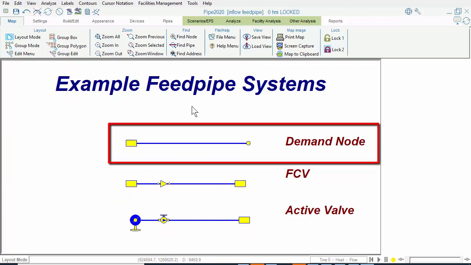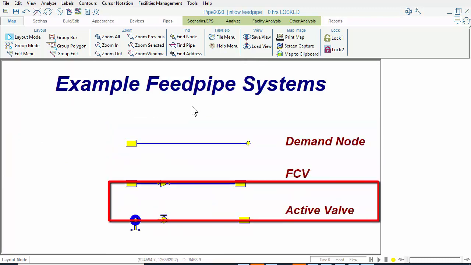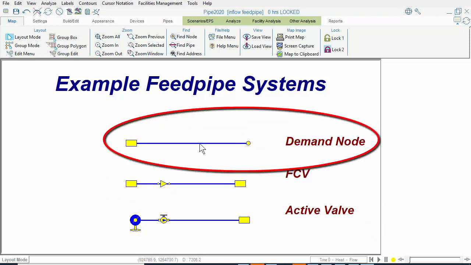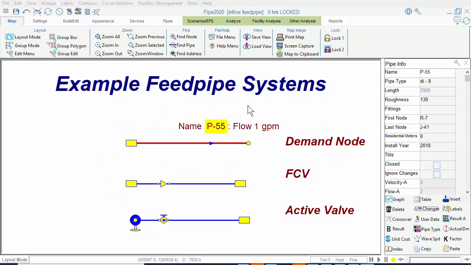According to our modeling convention, these examples are all disconnected from the Feedpipe tank. So if we use this first example, any flow going through this pipe will be added to our tank. This occurs even though this pipe is not physically connected to the tank within our model. This convention keeps it clear what portion of the system constitutes the Feedpipe and what constitutes the non-Feedpipe portion of